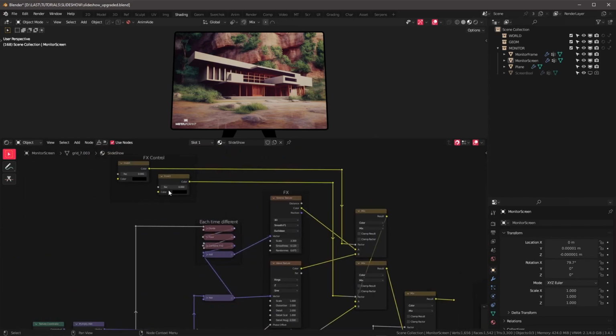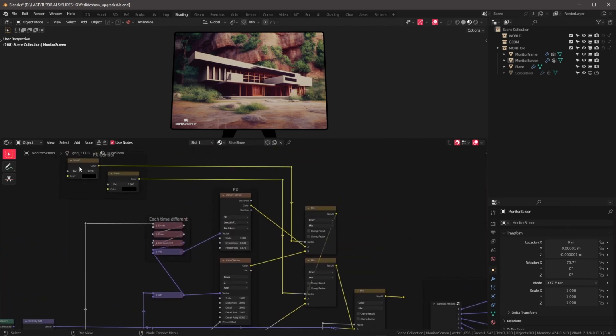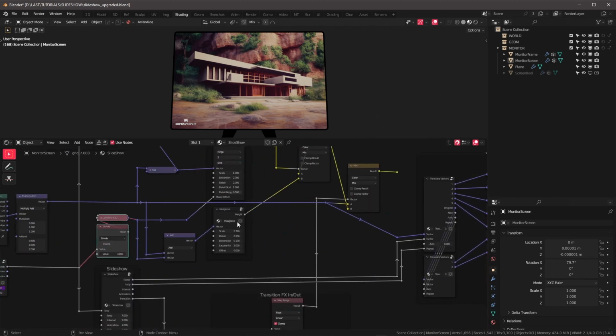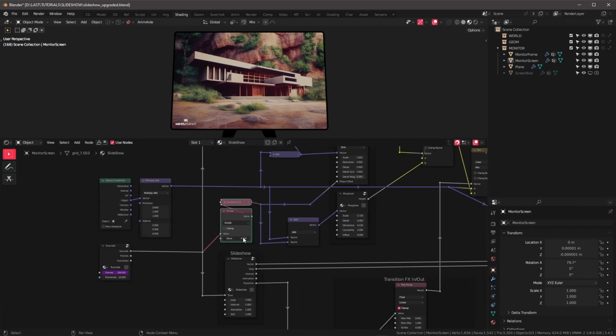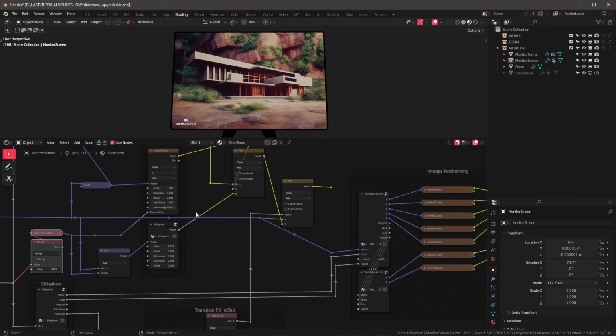So in order to tweak it with a Musgrave texture, I'm going to set these here. So this is going to make this be 1. So it's going to go to the second one, and then in this one it's going to go also to the second one. So it's going to ignore those previous effects. So this effect is going to be taken into account. And what I'm doing is that I'm taking these seconds, adding it to the vector, and checking this Musgrave effect to make sure that